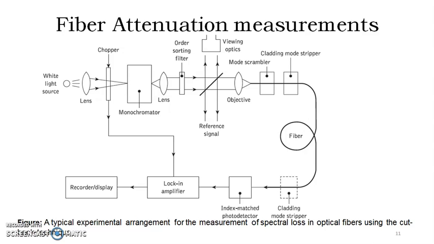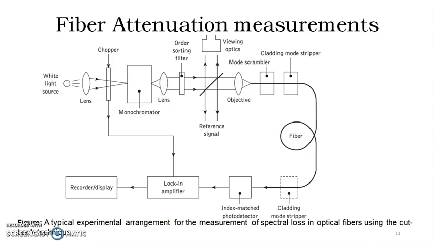Hi, we continue with the fiber attenuation measurement. As we say, for a given particular fiber, a mode sampling device is used. That device is to identify what the distribution of light inside a fiber will be. Because a fiber,